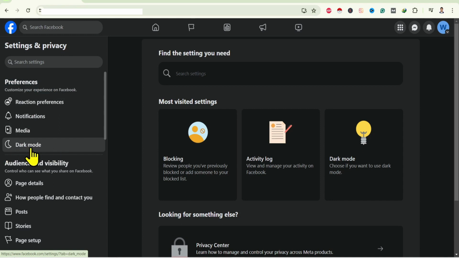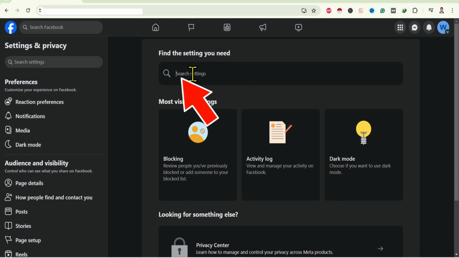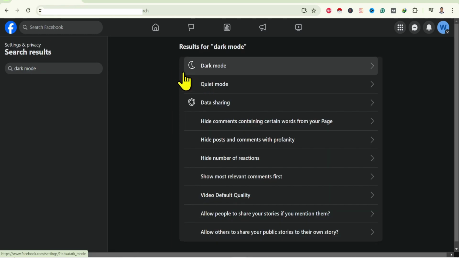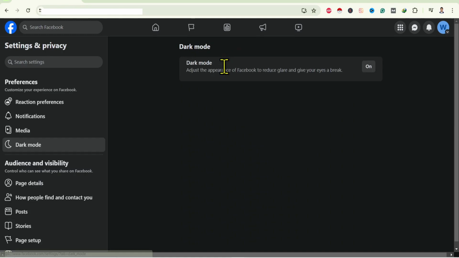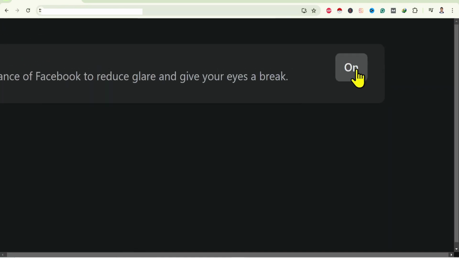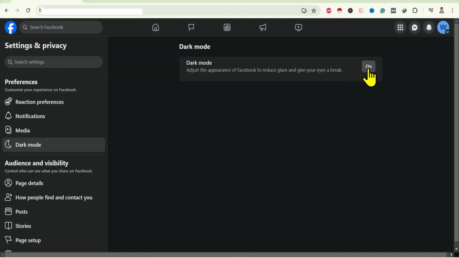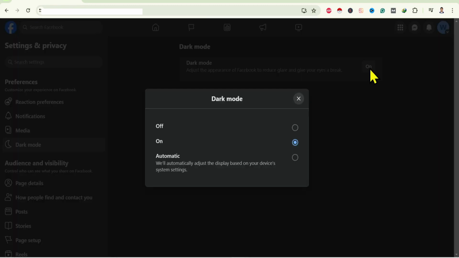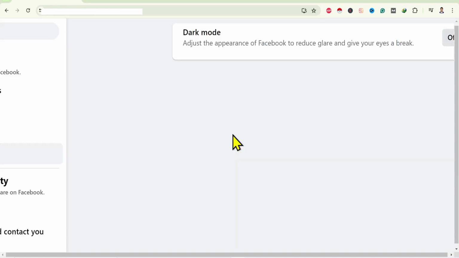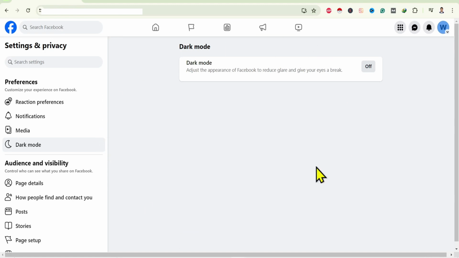If this is not over here, simply search here for dark mode and enter. After that, you will find this dark mode over here. Click on this. And now over here, you can see it's turned on. To turn off, just click on this on. And after that, select this off. And now you can see the dark mode is deactivated on my